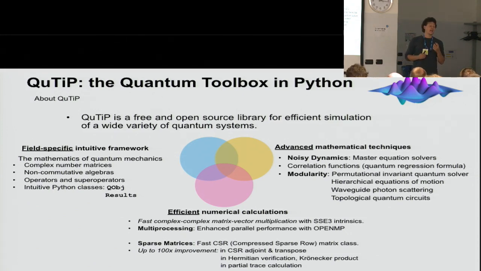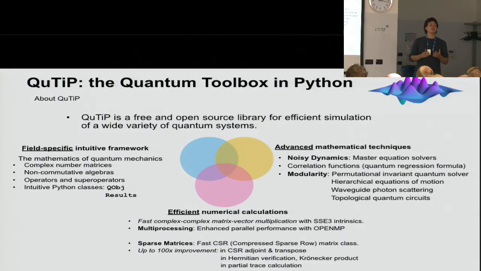But then these matrices have some specific properties. And QuTiP has some specific properties that are not found in most of the commonly available and excellent open source libraries in Python. For example, it is specifically engineered to deal with complex numbers, something that quantum mechanics researchers really care for.